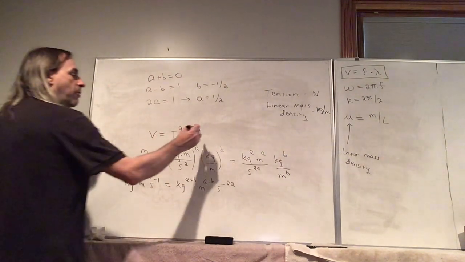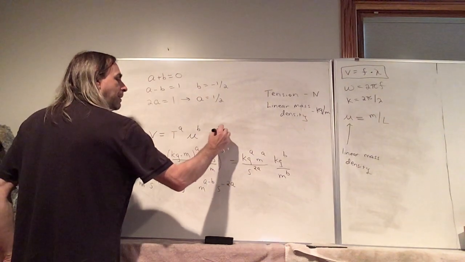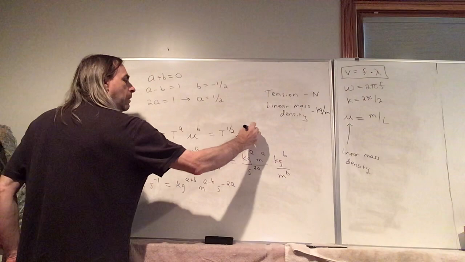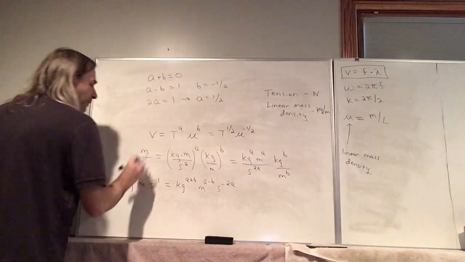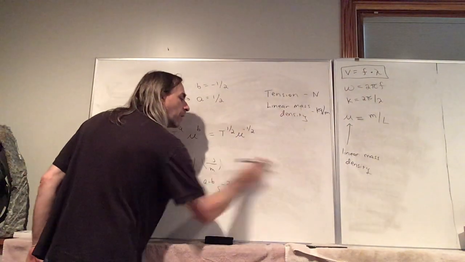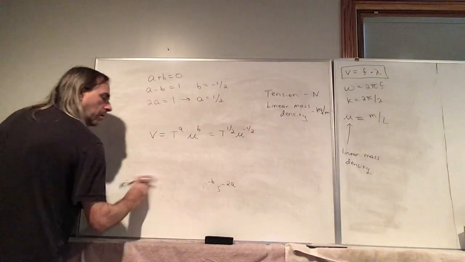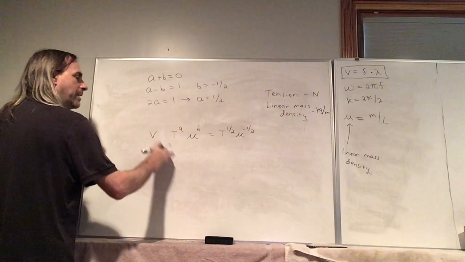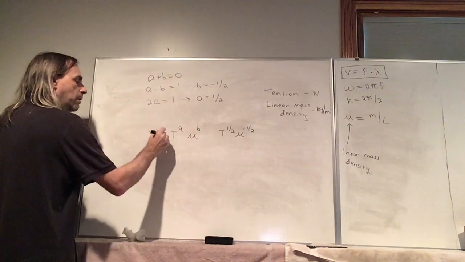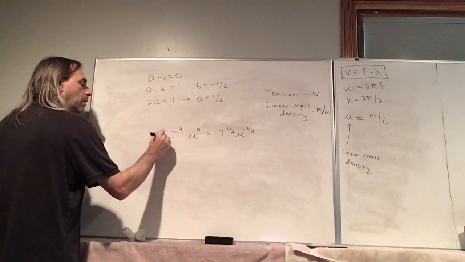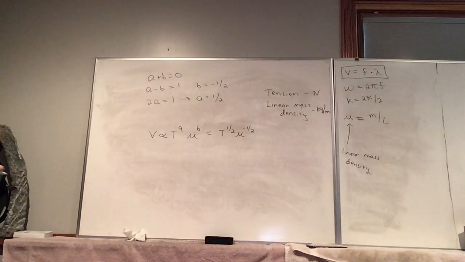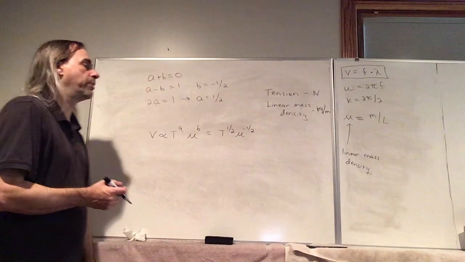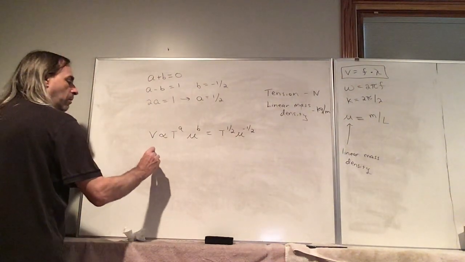So now we can say our velocity is T to the 1/2 times the mass density to the minus 1/2. And finally, maybe I'm going to erase this equals sign. All we can really say is that the speed is proportional to this. We don't know that it's exactly equal to this. So our final result,